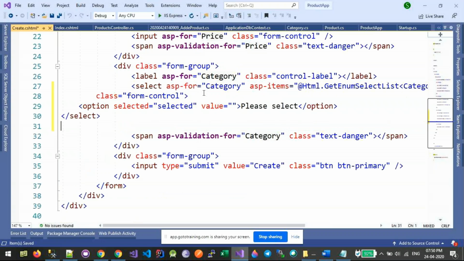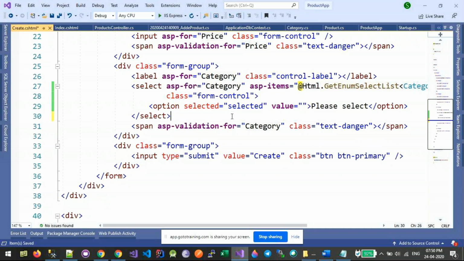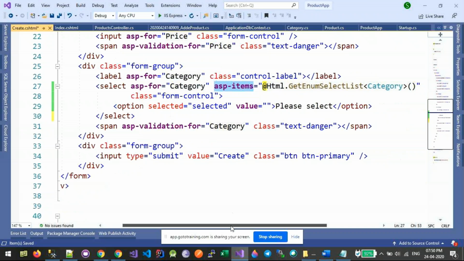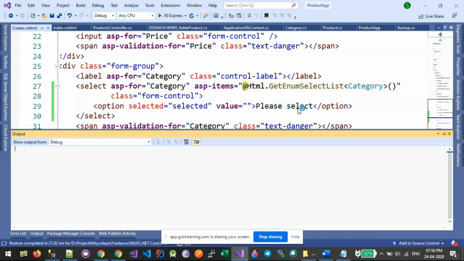What I will do is asp-for, meaning this select will be bound to this model class property, and asp-items will tell this select HTML element to get the values of this enum as a list to be displayed or populated as options. I'm also adding one more default option to make sure that the user selects it. Let me run this application again.